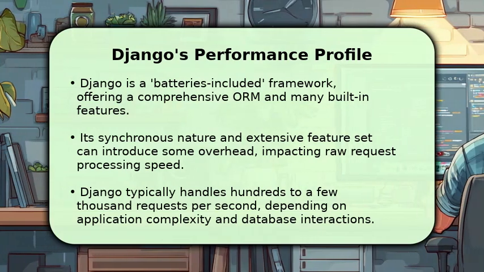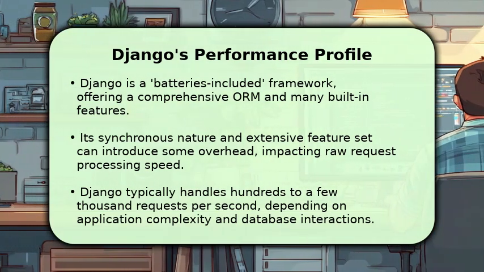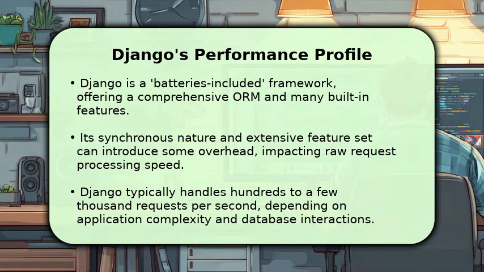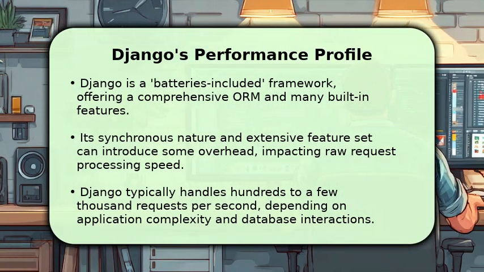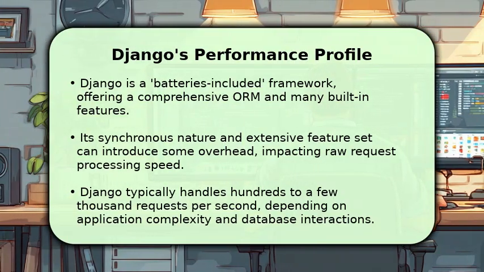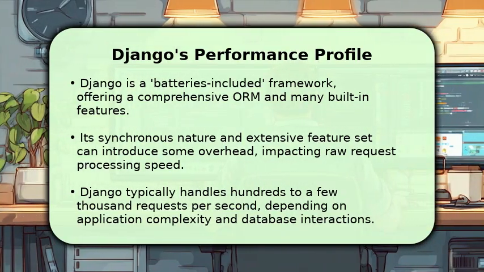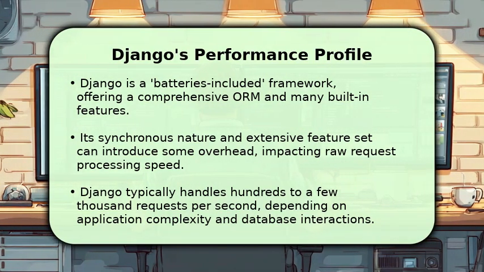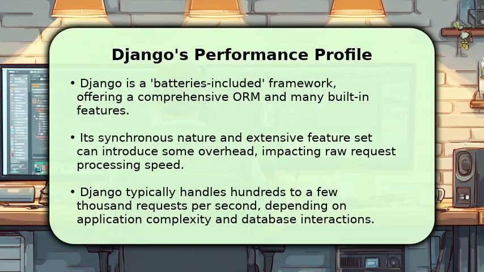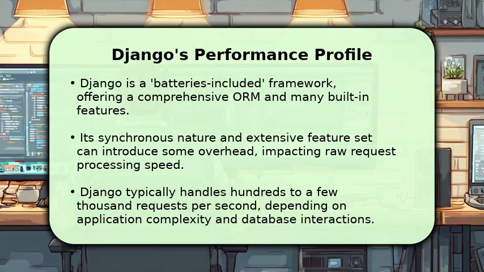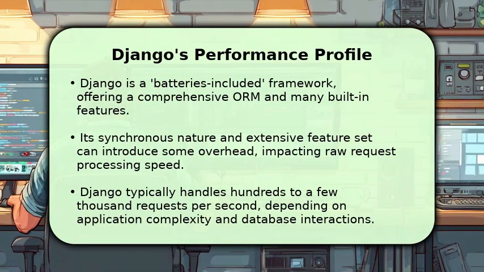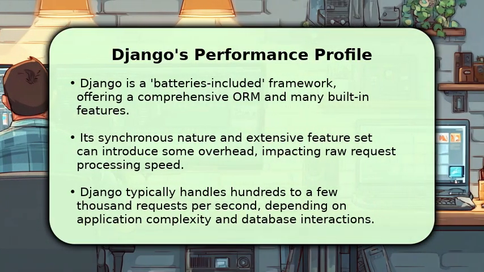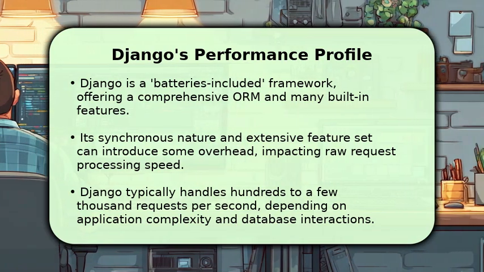Django, known for its batteries-included philosophy, provides a full suite of tools, including a powerful object relational mapper. While incredibly productive, this comprehensive nature, coupled with its traditional synchronous architecture, can introduce a slight performance overhead. In typical scenarios, Django applications might process hundreds to a few thousand requests per second. It truly shines in complex, data-driven applications where development speed, security, and a vast ecosystem are paramount, offering stability and